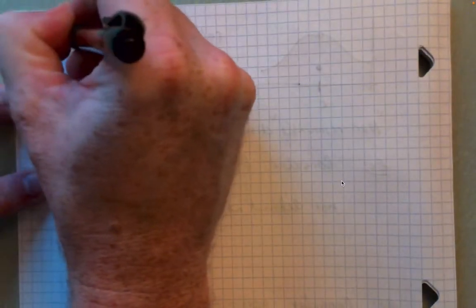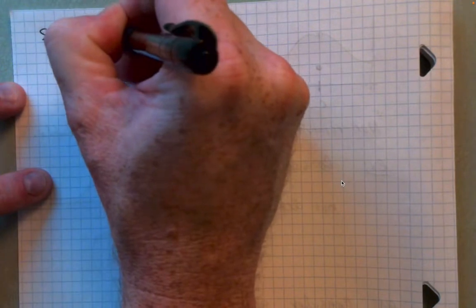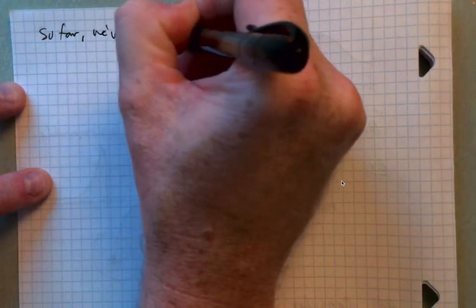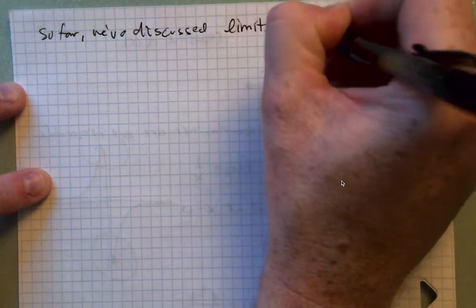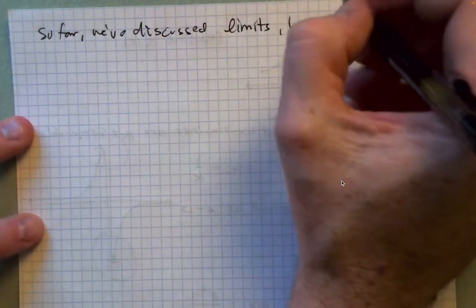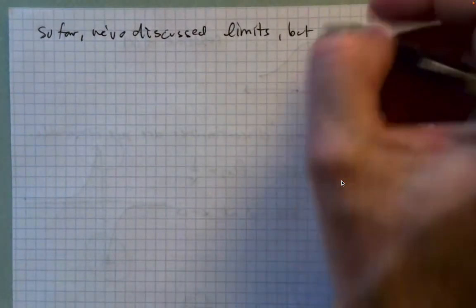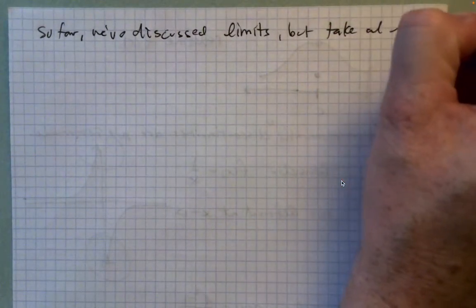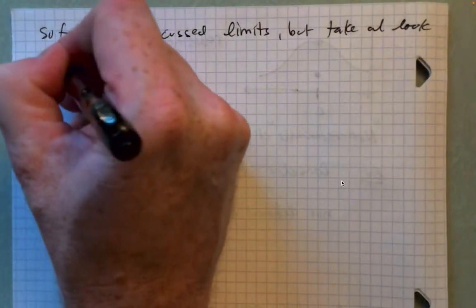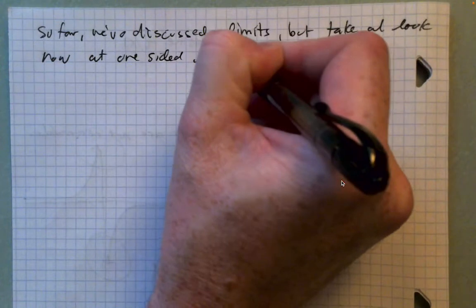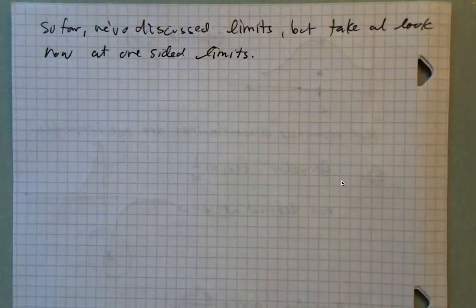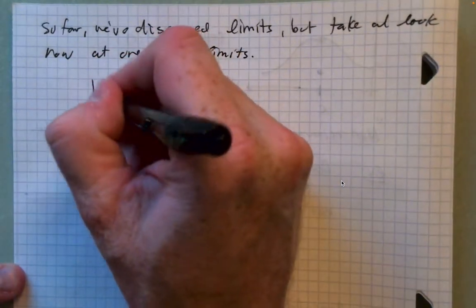So far we've discussed overall limits, but let's take a look now at what's called a one-sided limit. The one-sided limit. We've sort of discussed this already, but just informally. So we talked about, if you have the xy